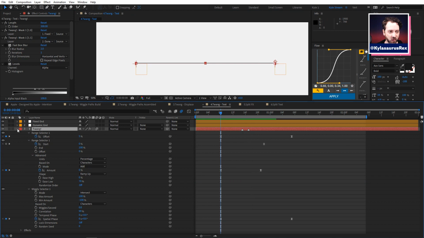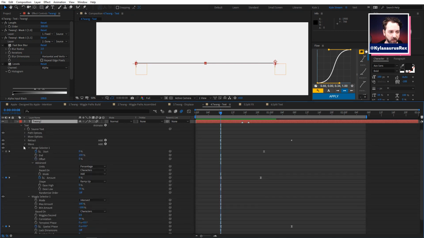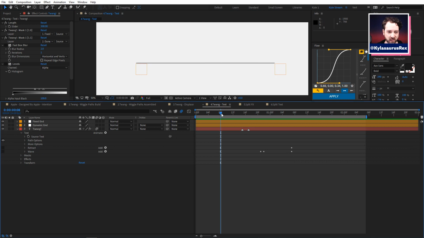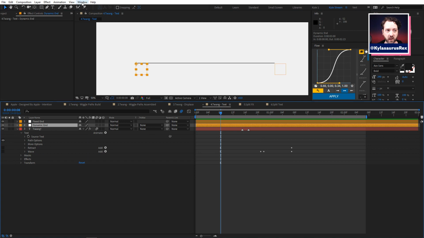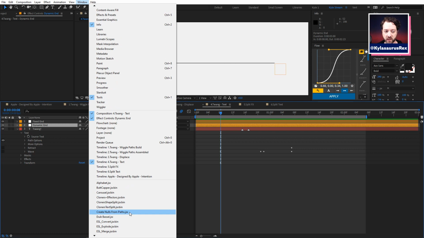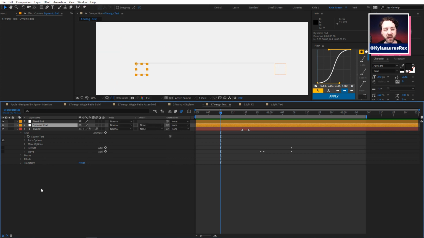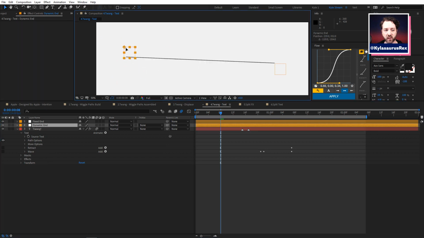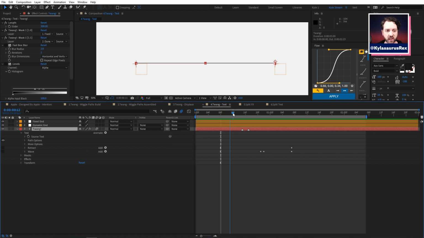So I will kind of talk you through what's happening here. Not that much, honestly. It's just a straight line, and you could do this with any of them, but I went ahead and used the Create Nulls from Paths script that just comes with After Effects, and would not have existed at the time the spot was made. But now it makes it really easy to take a mask path or a shape path and connect those to nulls. And so it'd be real easy to parent that up to the dot, right? So this is just a bunch of periods here.